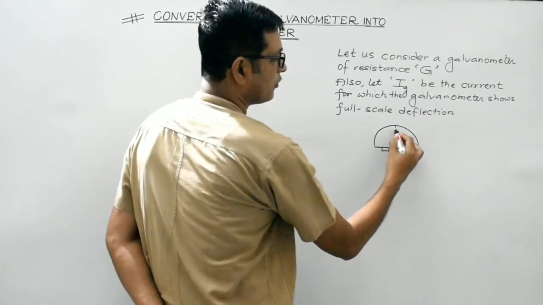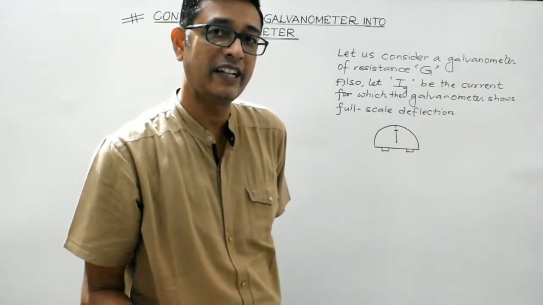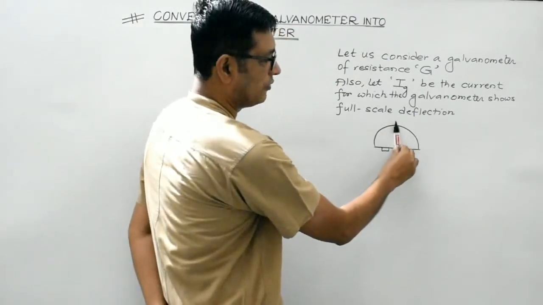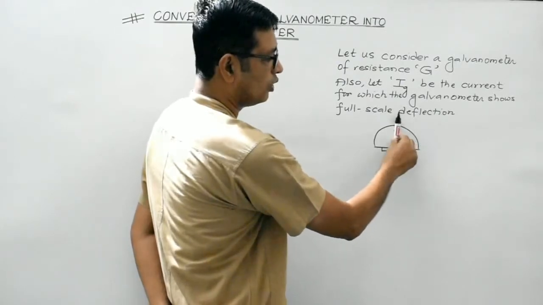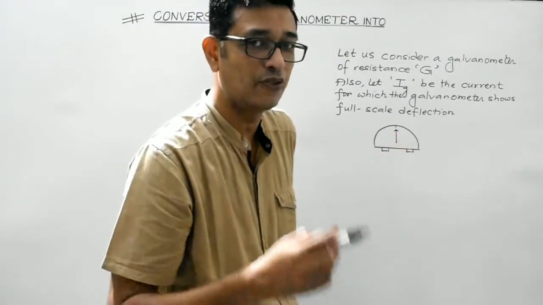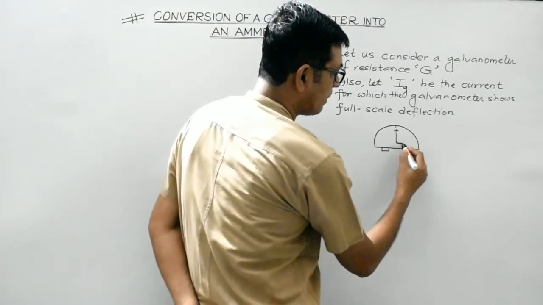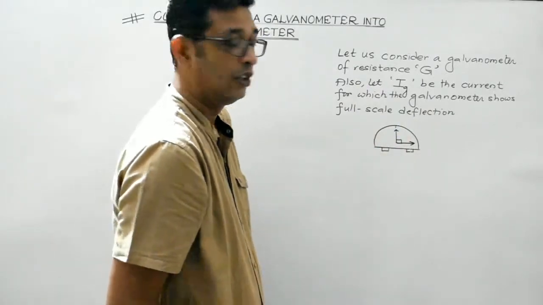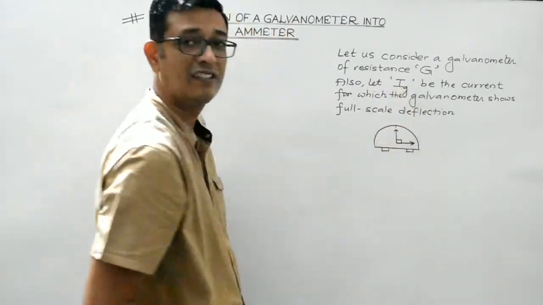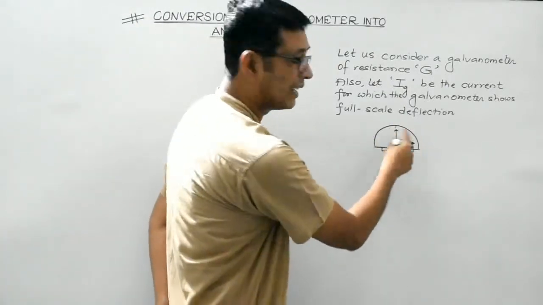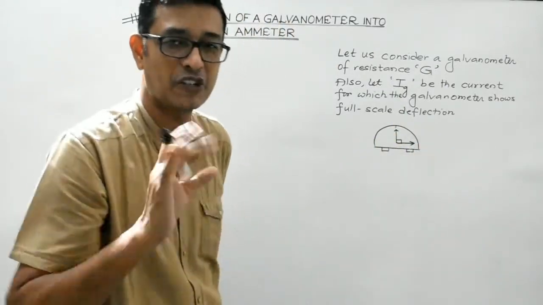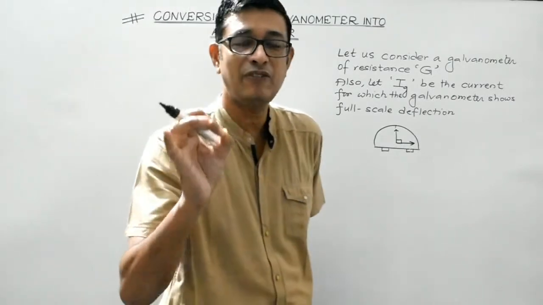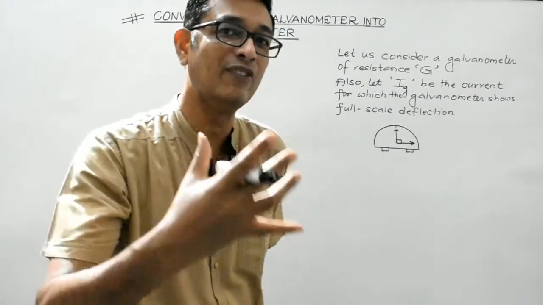In case no current is flowing, the galvanometer will show zero deflection. In case some current is flowing, it will show deflection, either towards right or towards left, depending upon the direction of the flow of current. This is the maximum deflection which the pointer can show. So Ig is that current for which the pointer in the galvanometer shows maximum deflection. What it actually means is, Ig is the maximum safe value of current that can be passed through the galvanometer.